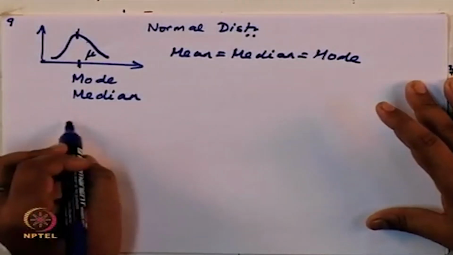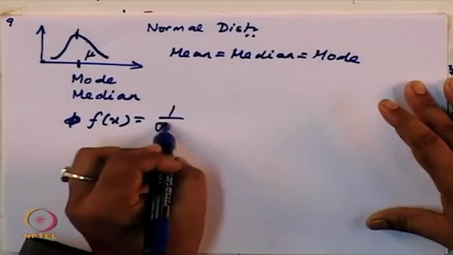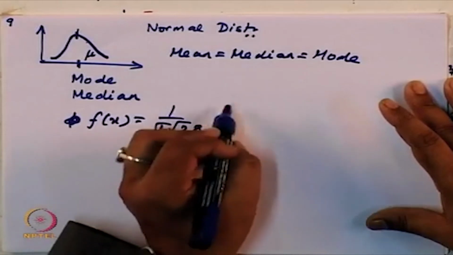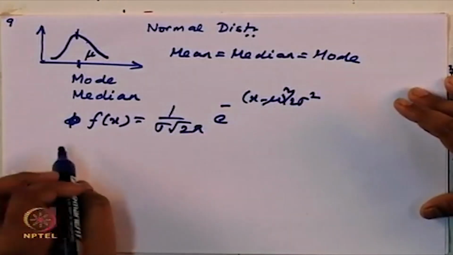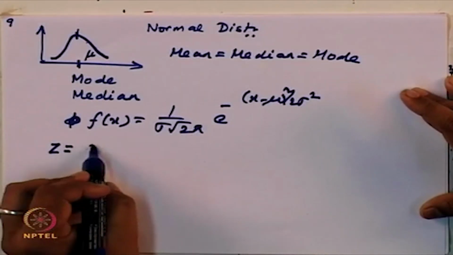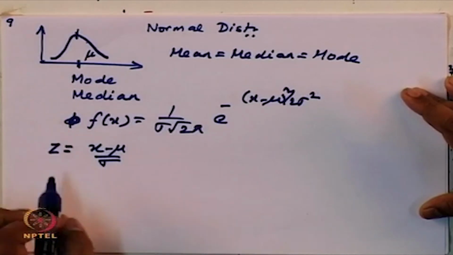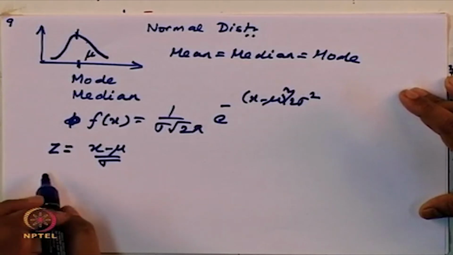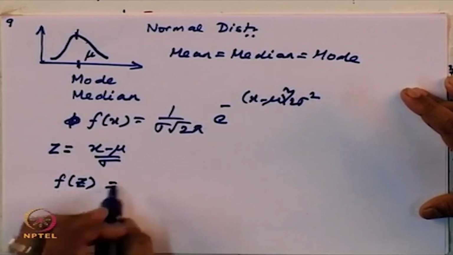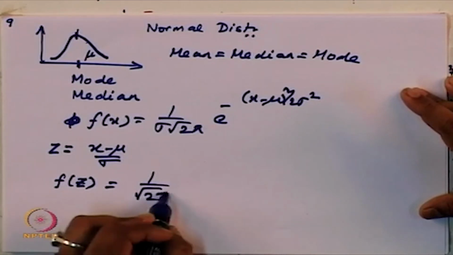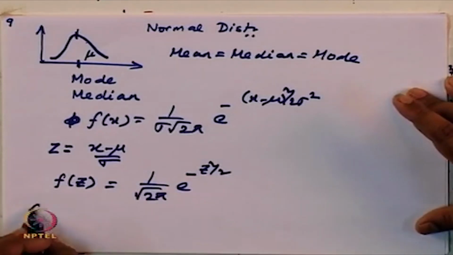Now if I know that f of x is defined as 1 by sigma root 2 pi e to the power minus x minus mu whole square by 2 sigma square, I can define this variable z as x minus mu by sigma. Then fx, I can then find out a cumulative distribution function. So this becomes f of z, which becomes 1 by root 2 pi e to the power minus z square by 2. And the cumulative distribution function